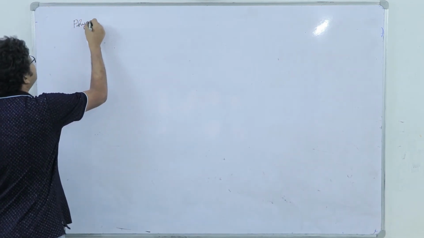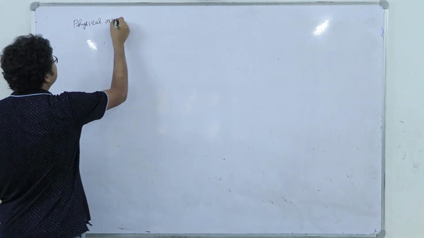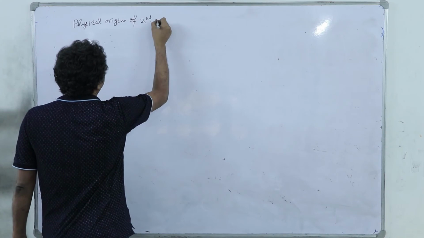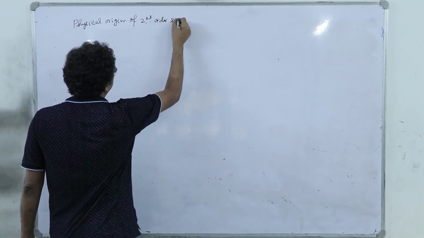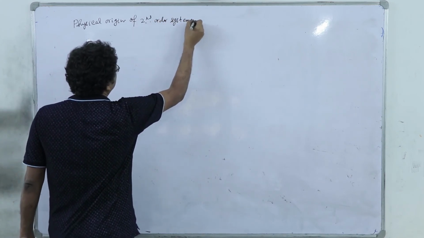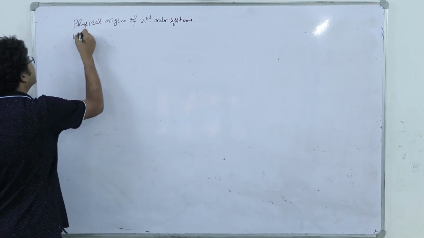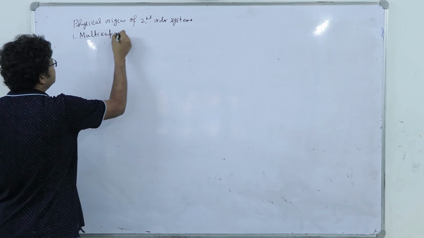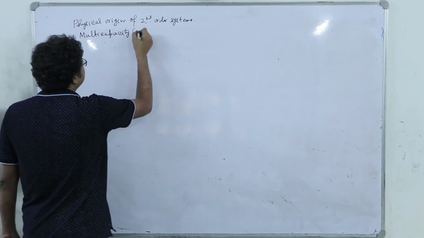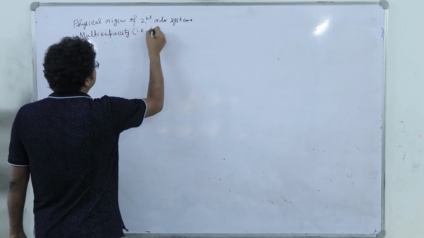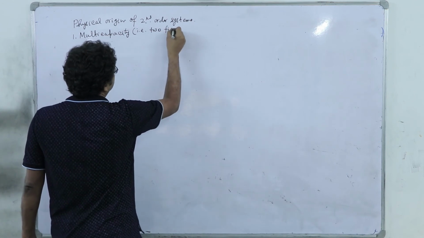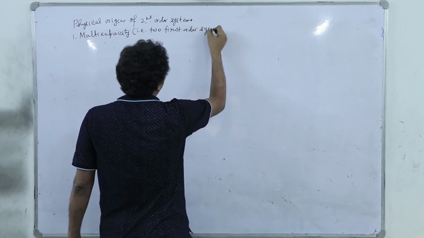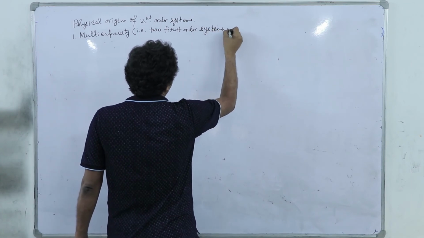So, physical origin of second order systems. First one is referred to as multi-capacity. That is, 2 first order systems in series,